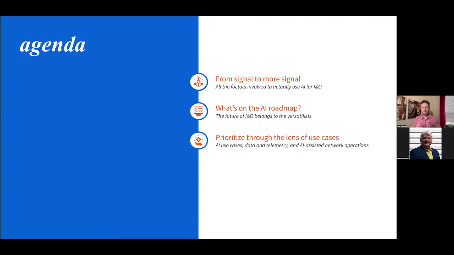What should be the incremental steps and the things that we can continuously build upon to get closer and closer to that realization of having an AI companion in our network operation? And then, as a call to action, prioritize all of this based on the use cases that are important to you. We're going to talk through a few of those things, but that's how you get quick wins, where you can have this calibrated AI in a realistic use case and a realistic capability, applied to something you're doing every day anyway.